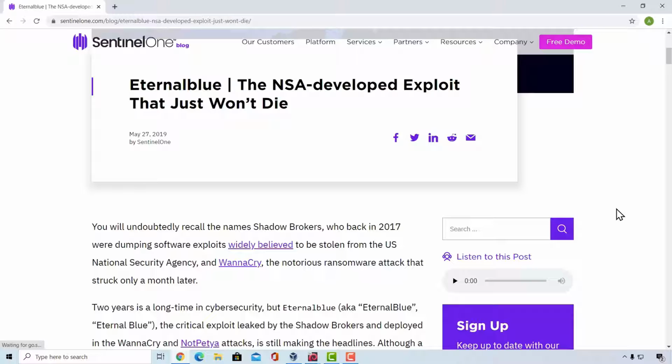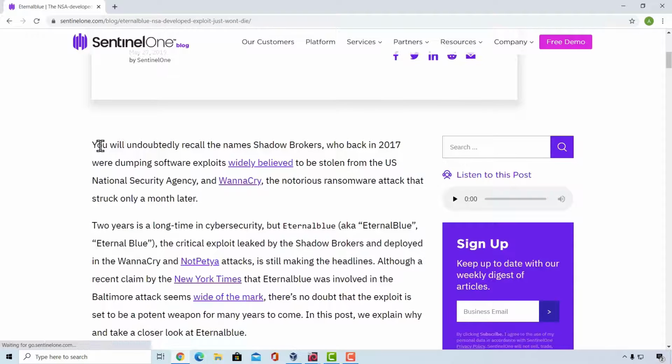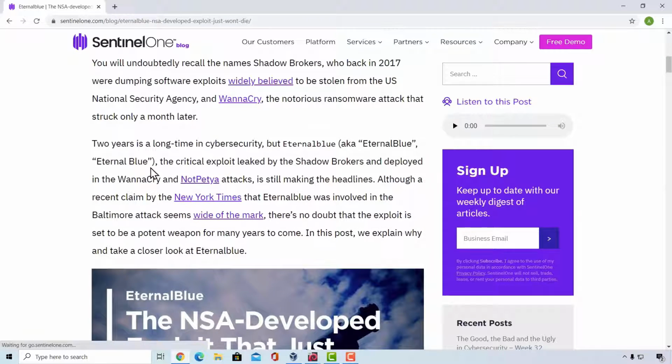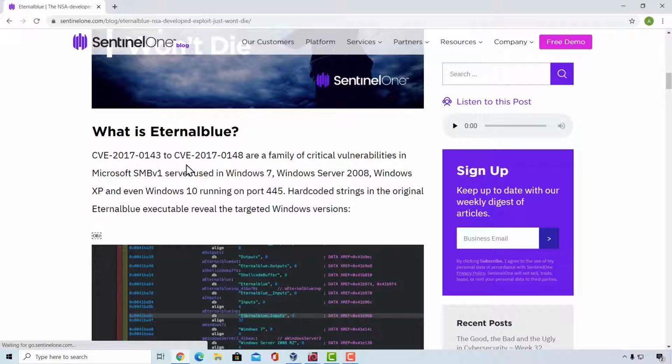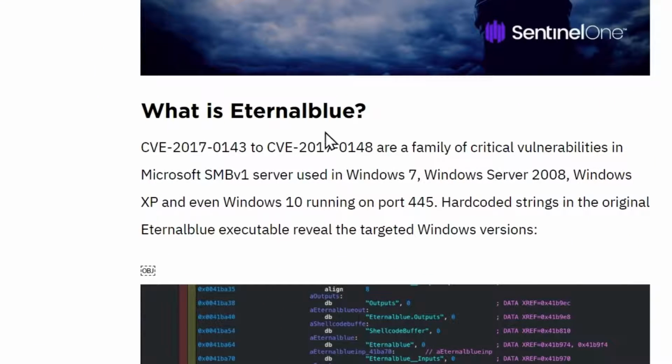very interesting story. As we can see right here, you will undoubtedly recall the names Shadow Brokers, who back in 2017 were dumping software exploits widely believed to be stolen from the USA National Security Agency, and WannaCry, the notorious ransomware attack that struck only a few months later. You can also read some other information about the exploit, like what is Eternal Blue, and we can see its